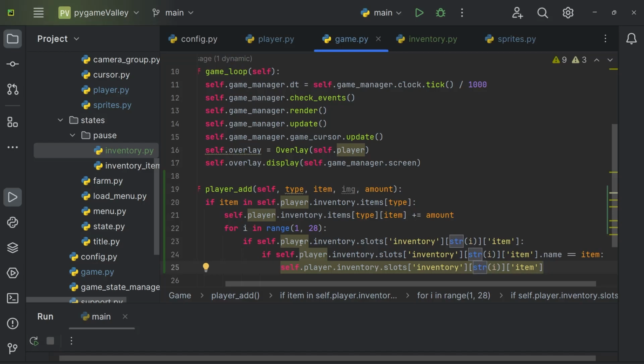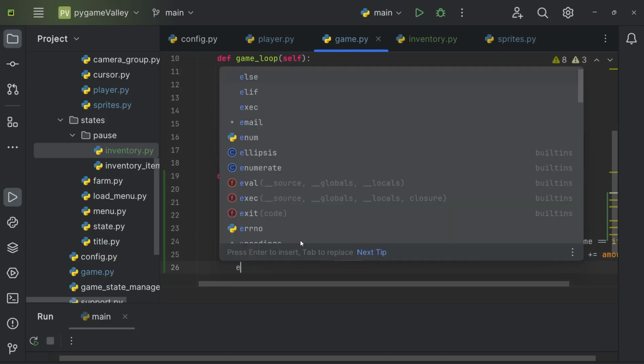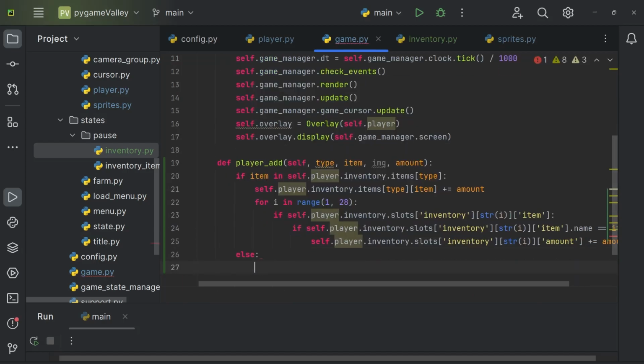self.player.inventory.slots[i].amount plus equals the amount. All right, so that's the case if the item is in the player's inventory. If it's not, then we're going to do